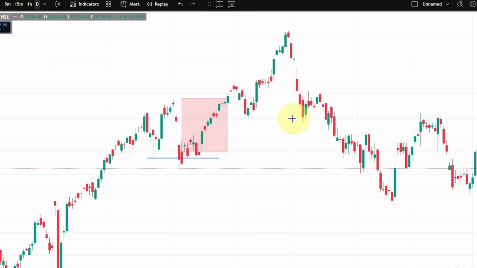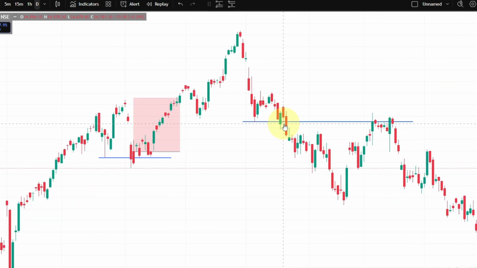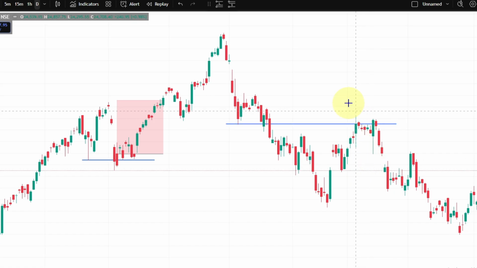Here again the market came here but didn't break its previous low. But here, as you can see, the market breaks its previous low. So I'm going to draw a trend line from here, and after the market changes its character, we are going to wait to retest this line. Here, as you can see, after the change of character the market came here again. So we are going to take our short trade here.